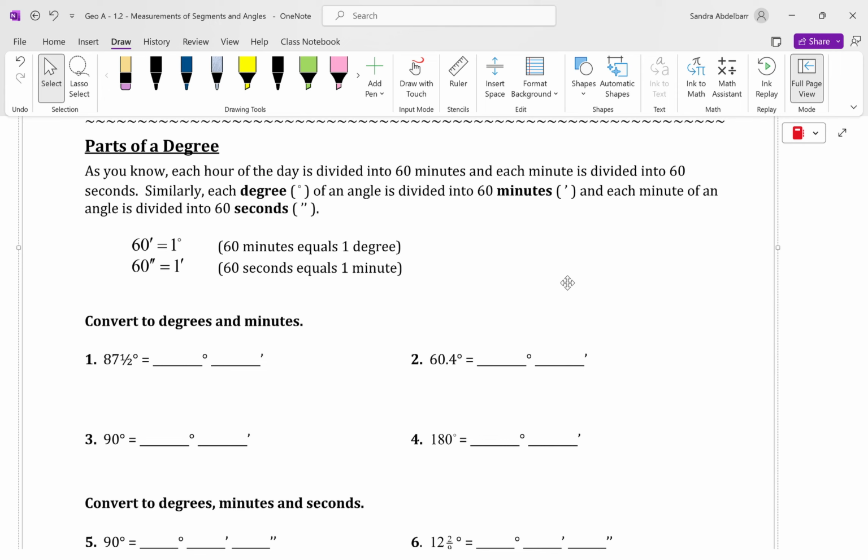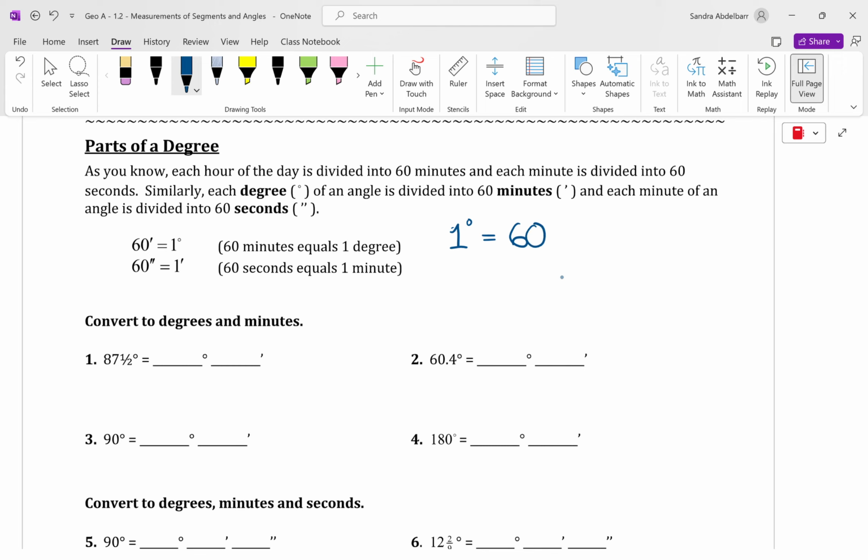So you have a degree, and then you could break down the degree into something smaller, which we call minutes. And then you could break down that minute into something even smaller, which we call seconds. And this is all related to fractional parts of a degree. That's what it comes down to, fractional parts of a degree. So the conversion is 1 degree will equal